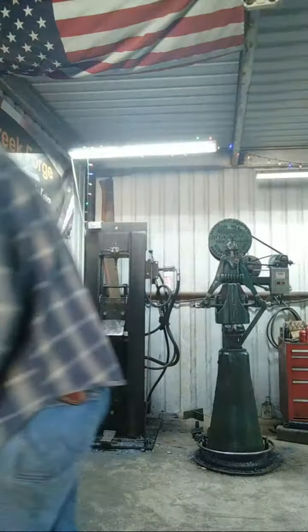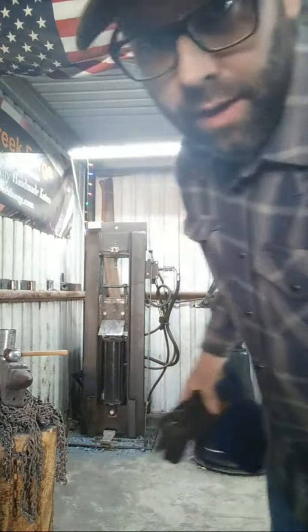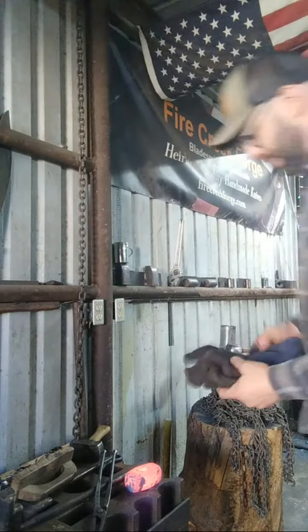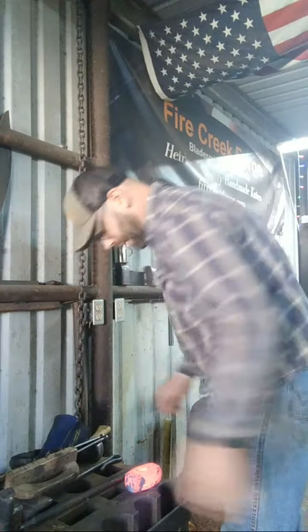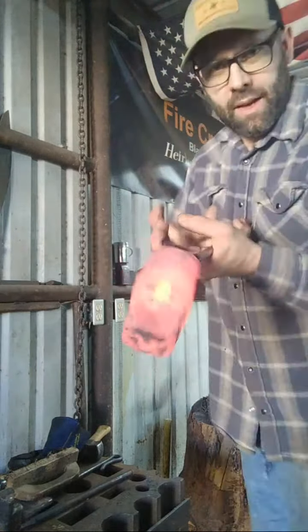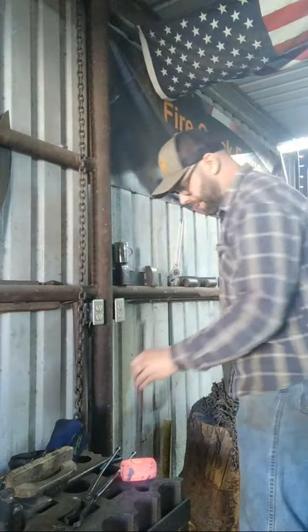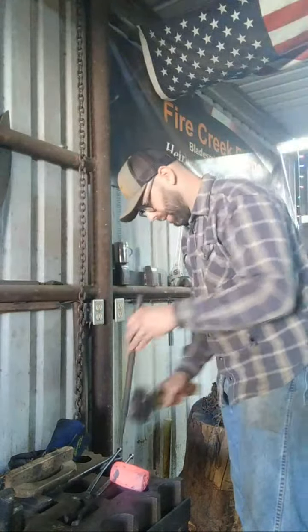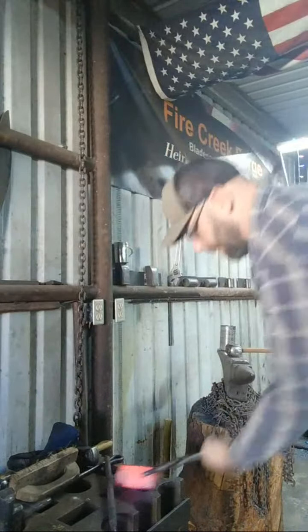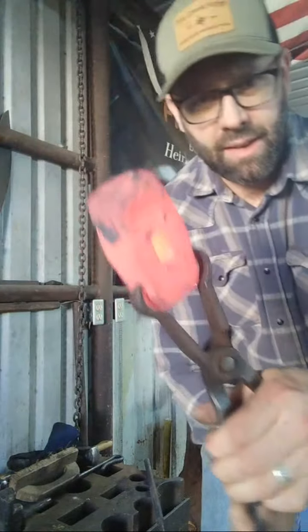So I've punched the eye on this hammer. Oops. And we'll just move that out of the way there. All right, we've got this hammer over here. And the slug, or whatever you want to call it, is still in there. Just barely hanging on. We just have to tap it out. And then we have a punched eye. So that's the